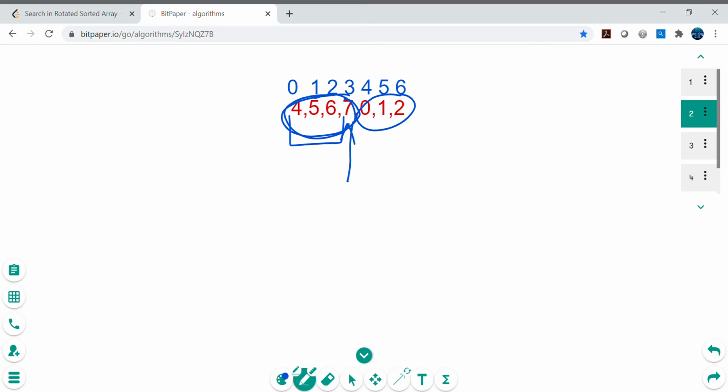But let's suppose that mid is at 4 or something, right? And then we are getting this situation. In this case, 0 is here, and this mid is basically 7. 0 is not sorted, right? So I'm just making a hypothetical situation. You can go through the other examples and edge cases as well.